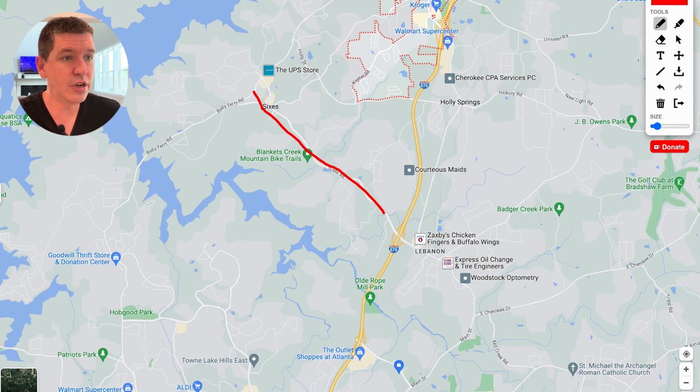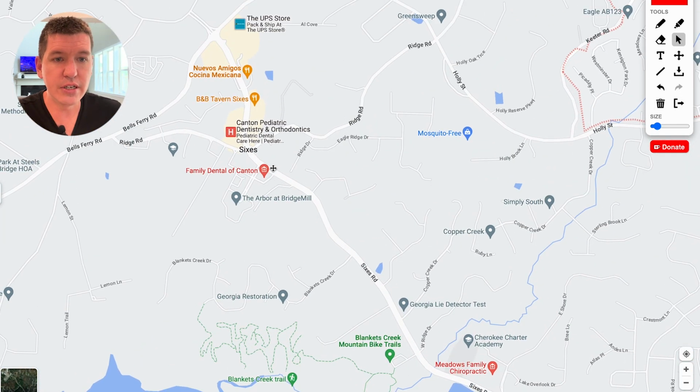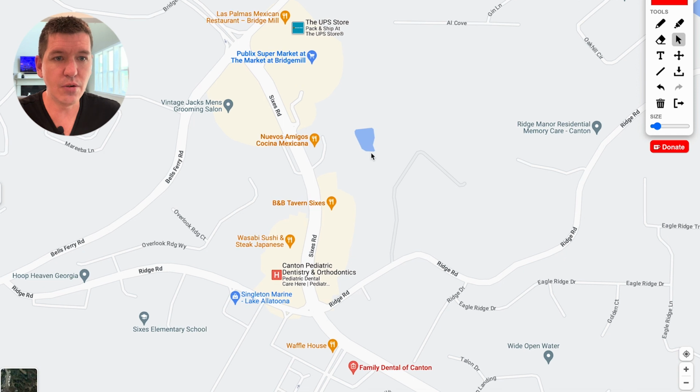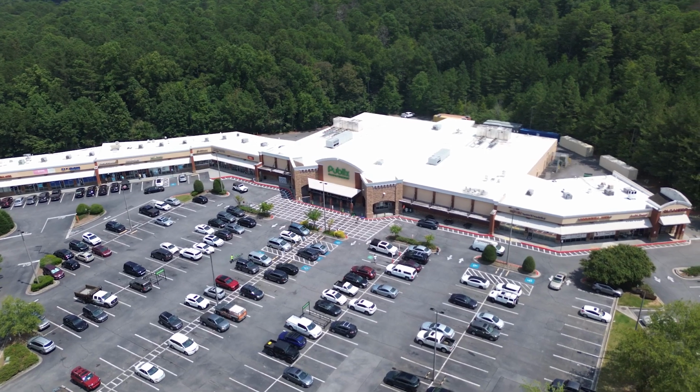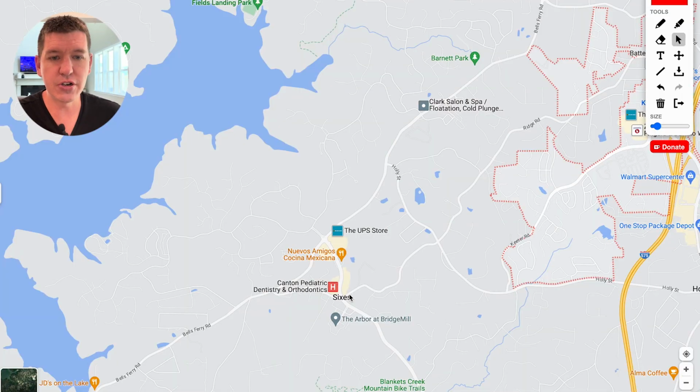There's also another one right over here towards the intersection of Sixes and Bell's Ferry. There's a little Publix shopping center right here in this area. And also right here is our first major neighborhood. This is Bridgemill, and this neighborhood is